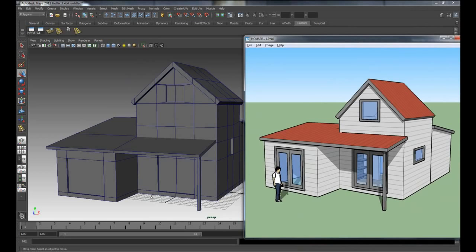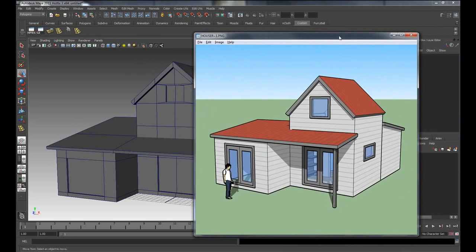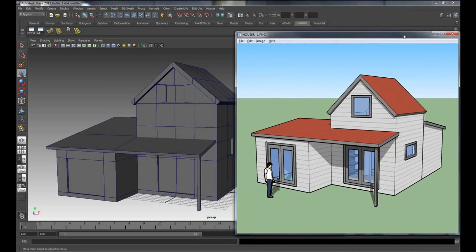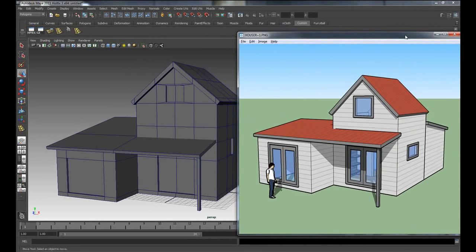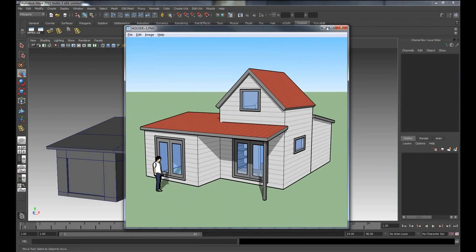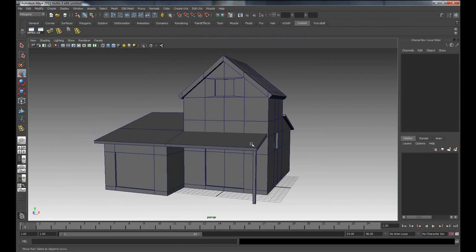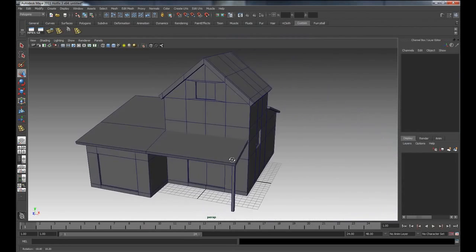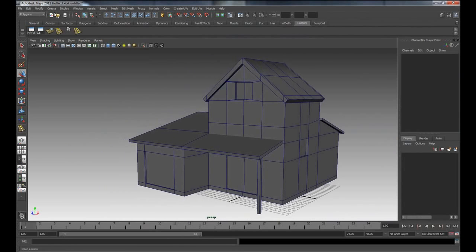You know, if you want to model something, you want to add a floor, you can add a floor. See, pretty cool, huh? Have the window, have everything. I'm gonna close this because we don't need it. I'm not gonna teach you how to add color, how to texture or anything like that. Maybe I'll make another tutorial, but for now I just want to show you the basics, which is pretty much